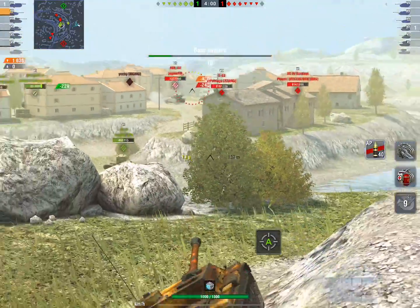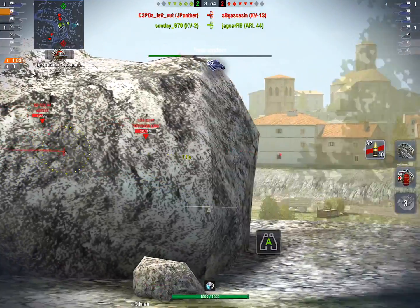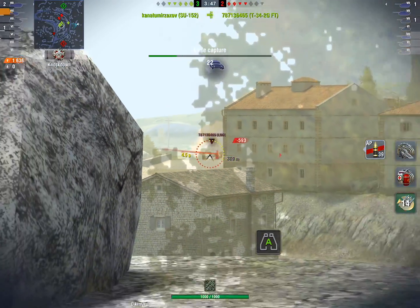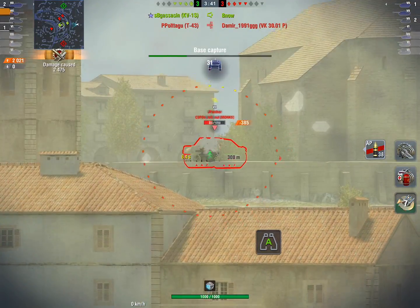The mobility on this tank, just lovely. Absolutely lovely. Absolutely gorgeous. The camo's absolutely gorgeous. The firepower is brilliant. In my mind, this is the best tank in the tier. Legitimately, just the best tank, not in the tier, in its tech tree. What it brings to the table is so lovely, especially if you're...